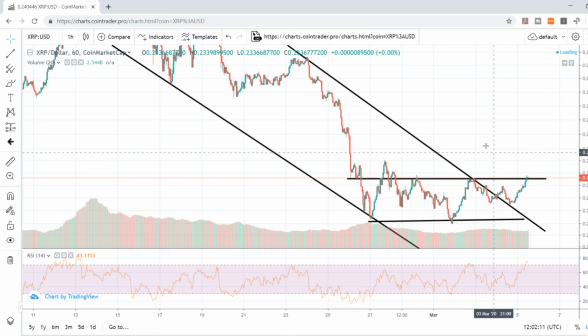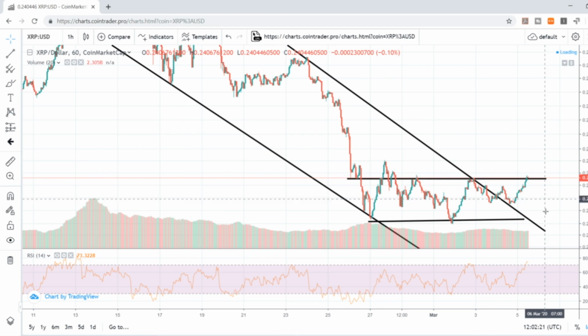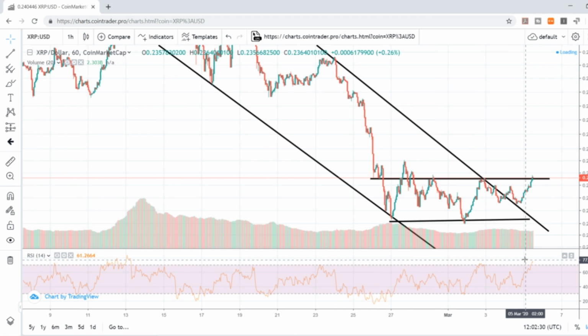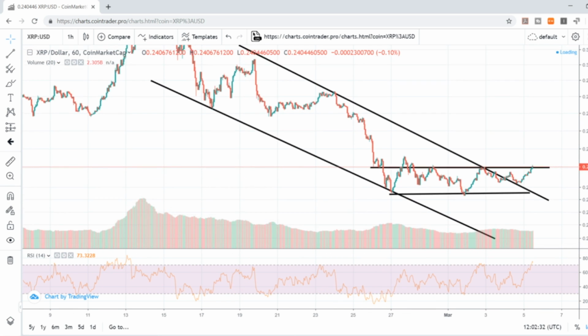This is the 60-minute chart of XRP, and we can see that the price is currently at the resistance level of this particular pattern. We were actually within this trading zone, and currently we are looking to go above that. Yes, it is also notable that the RSI has already reached the top. Most of the time when this happens, the possibility is that we may remain in that area, because